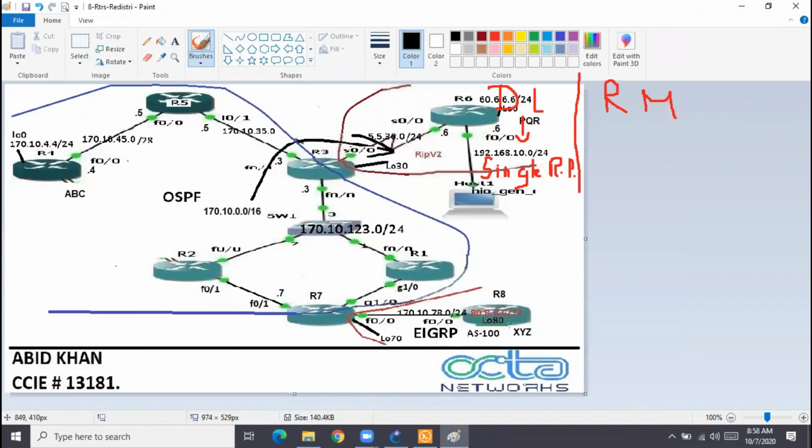Out of these 10 routes, I want to filter routes on R8. I don't want all the 10. I want only maybe 8. I don't want 2. Then what will be this type of filtering? Will it be inbound filtering or outbound filtering? It will be inbound filtering, because the routes are coming in and I decide I want this or I don't want this. So it is inbound.